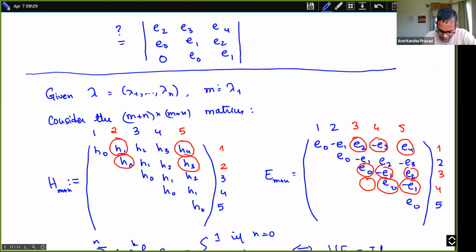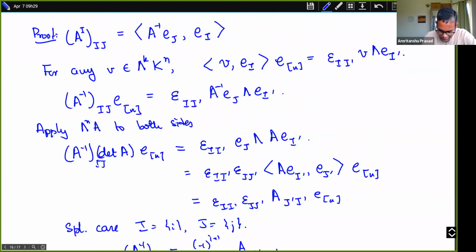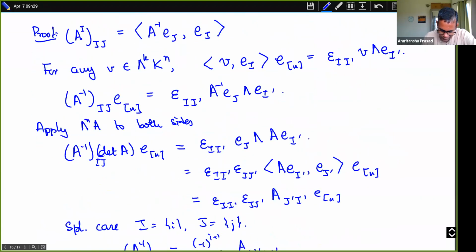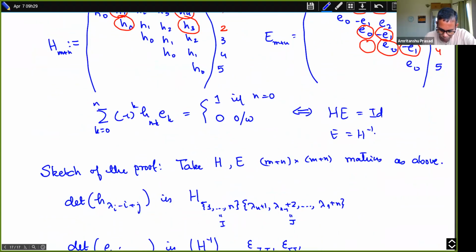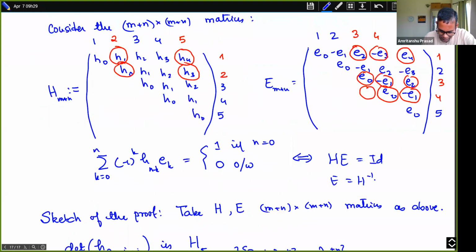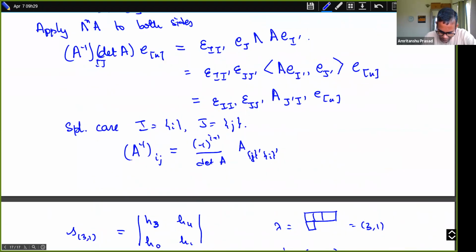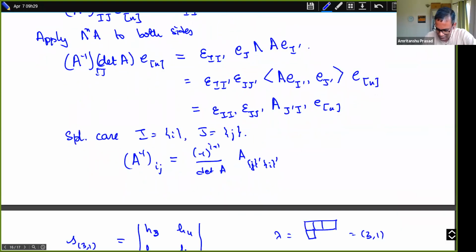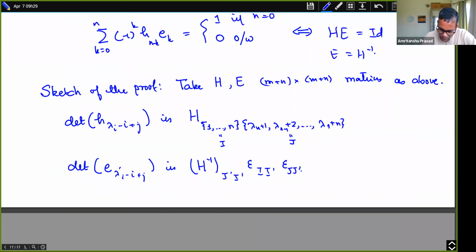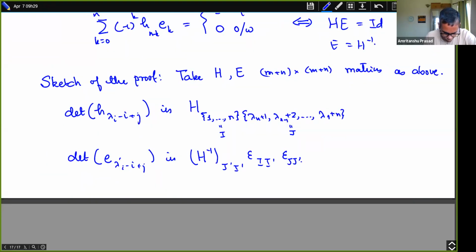So that's the proof that Macdonald gives of the equivalence of the Jacobi and Trudy identities. So it doesn't prove it separately. It just says that, well, if this is this, then that is that. But a nice corollary of this, from this point of view, is